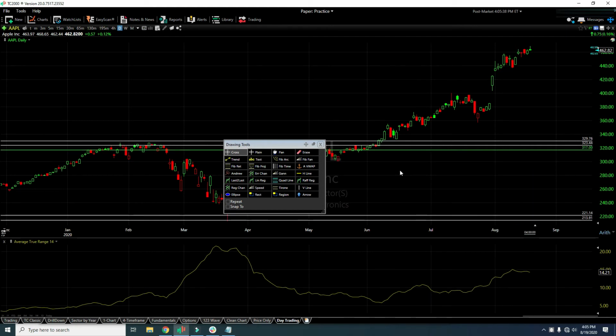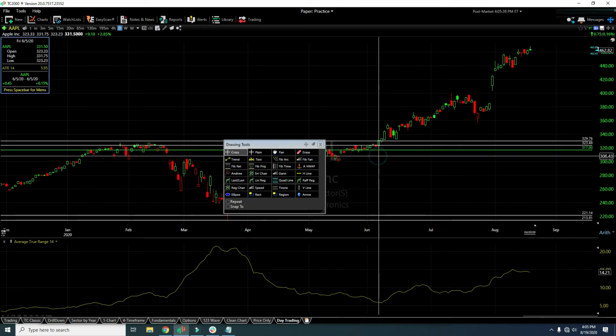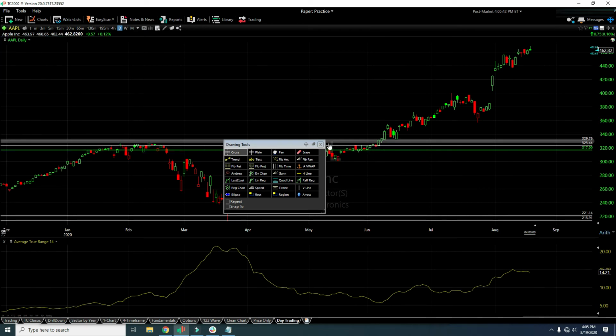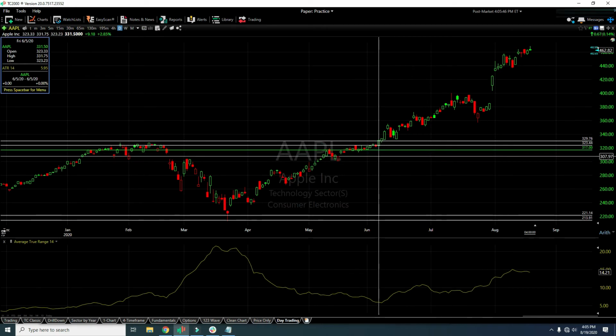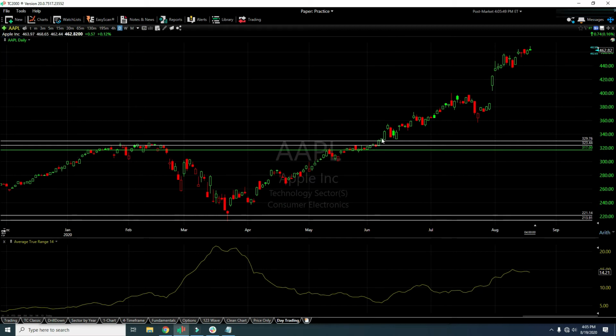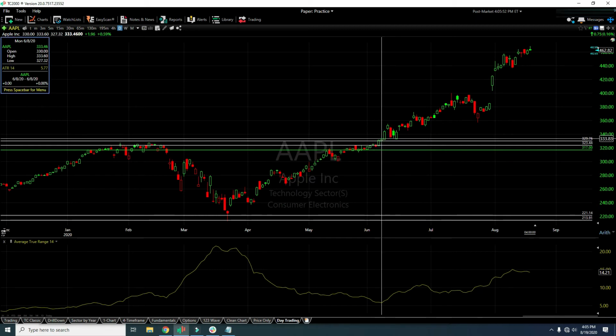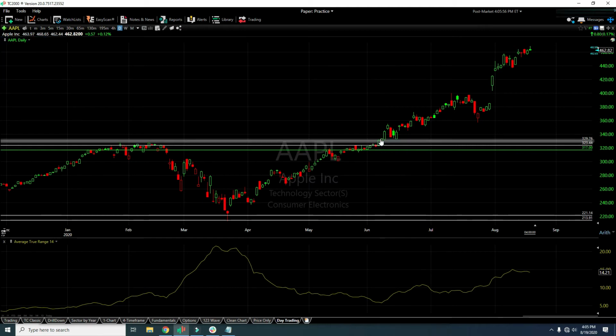stop loss. So when you enter on June 5th, on June 6th, even though the price dropped the next day, price did not go as low as 317. It went only down to 327.32. So you were not stopped out, and you could stay in the trade for a long time to see a good profit.